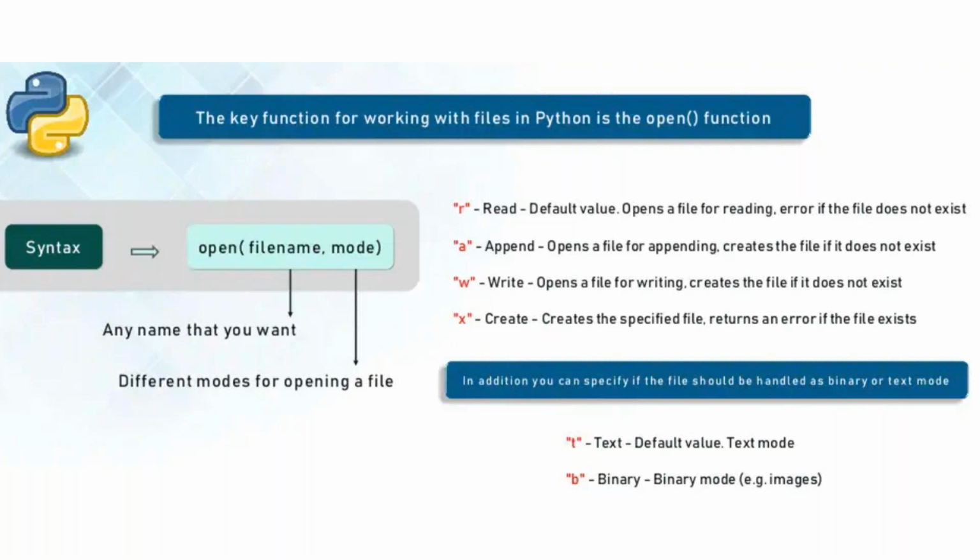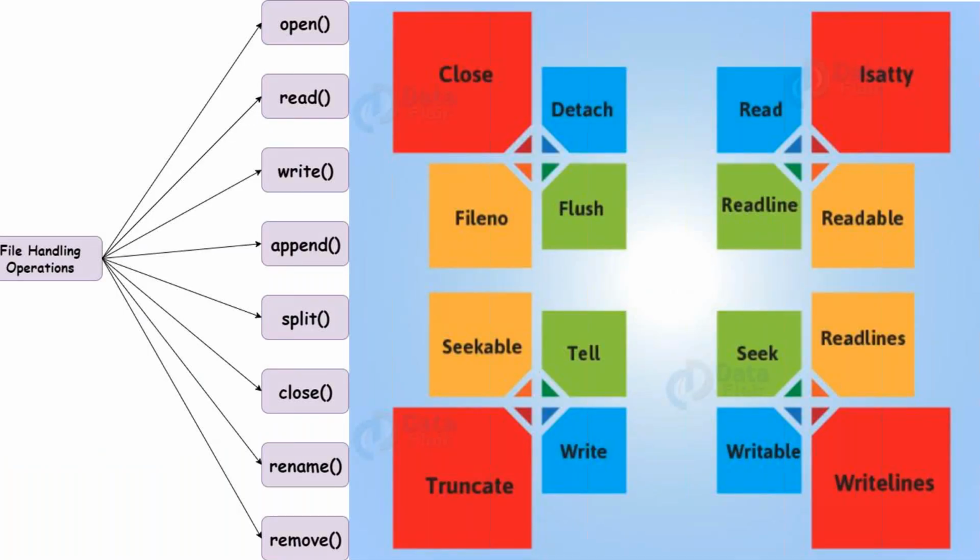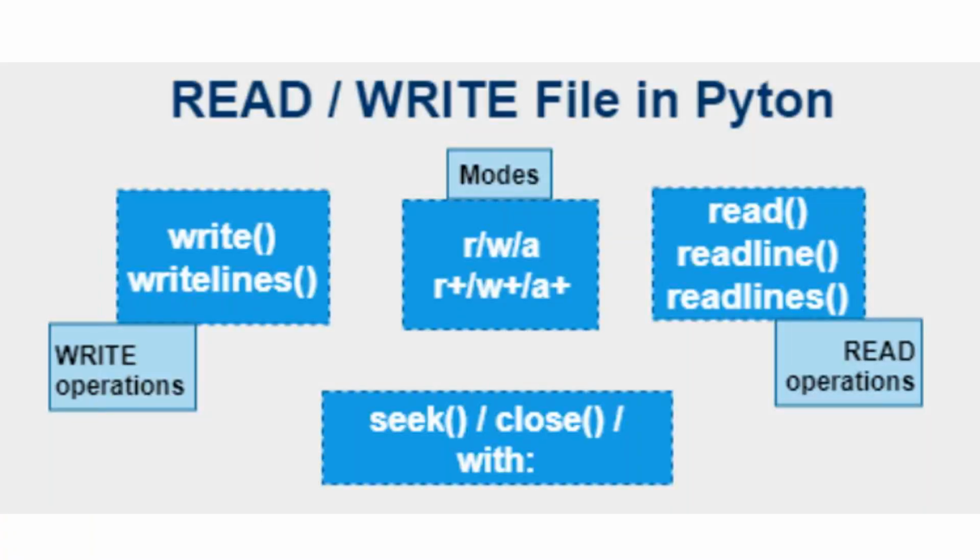Okay, so look at this here. These are the complete list of it. I don't want you to get into that right now. You'll get lost. Only few things: read, write, append, and close. So these are the methods which we have, and the modes we have for the write. And if you want to work with some particular lines of the code, then you have to do the readlines and stuff like that.